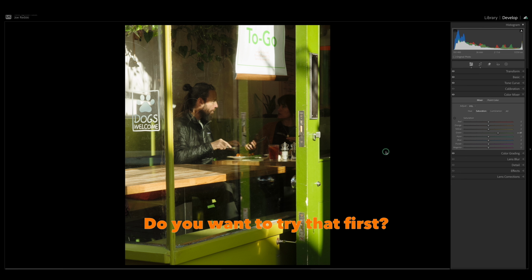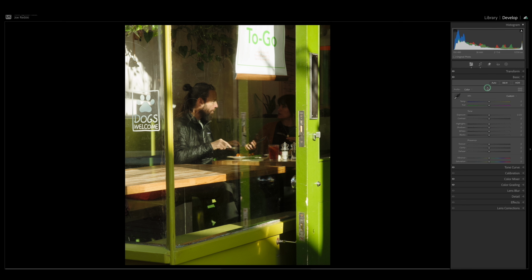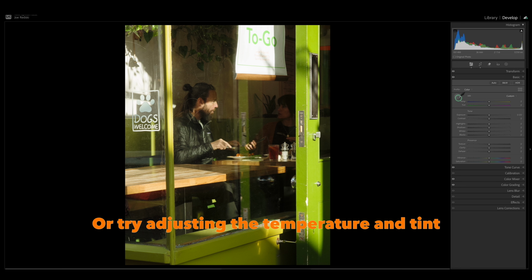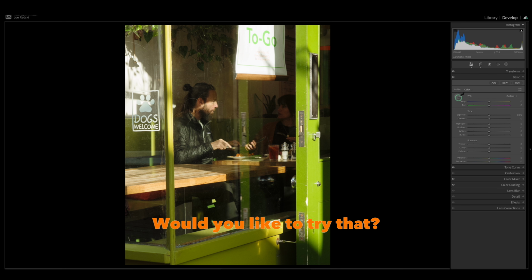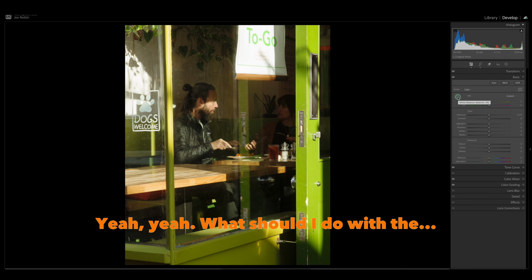your liking. Do you want to try that first? Yeah, sure. How would I do that? Sure, you can start by looking at the basic panel on the right. There you can find the white balance selector. Do you see it? Yep. Great. You can try clicking on the drop down to see if any of the presets work for the image, or try adjusting the temperature and tint sliders below it. Would you like to try that? Yeah. What should I do with